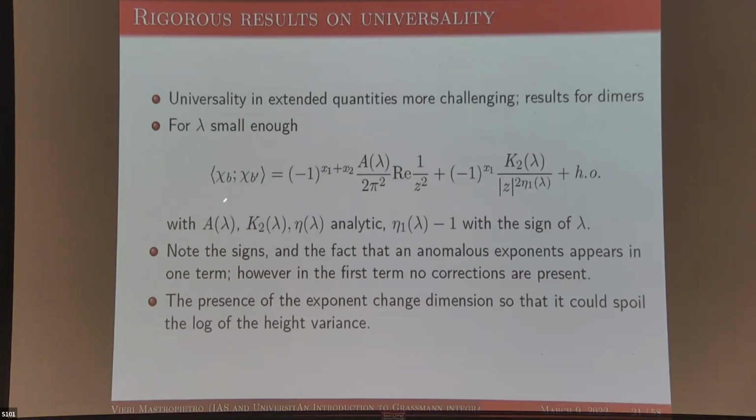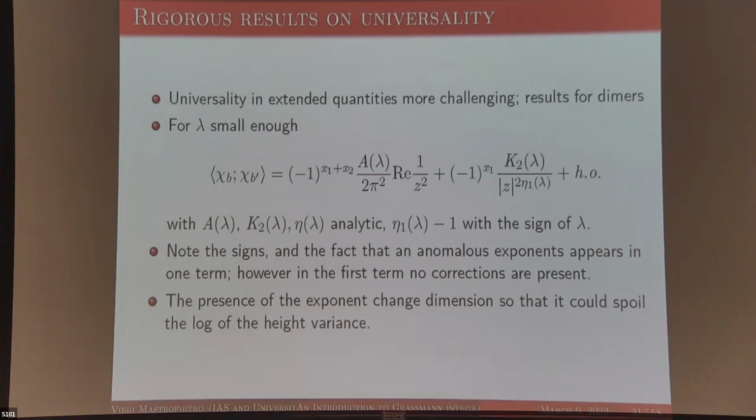We consider the dimer. Then if you consider the interaction in the dimer correlation, you get an exponent here and not an exponent here. So this is not one. This instead is one. This is very important because the height function is the sum over that. So you see, if the height function takes contribution from this, then it would be a disaster. It would no longer be a Gaussian term, because the singularity would not be 2. But due to this sign, this contribution disappears, and only this part remains for